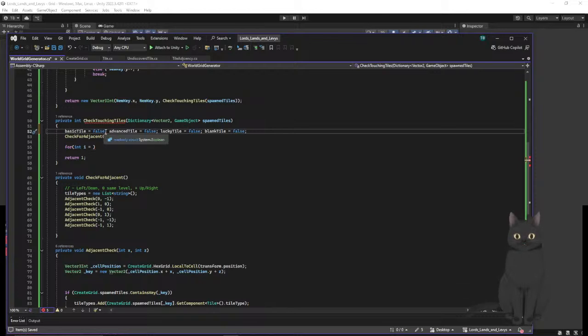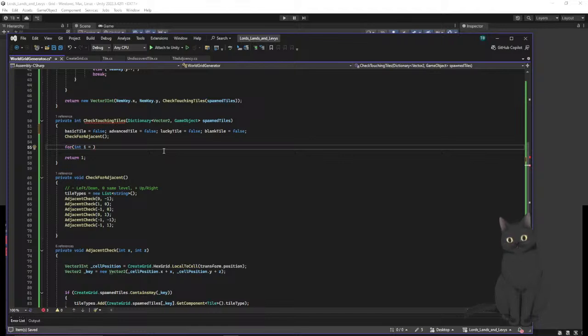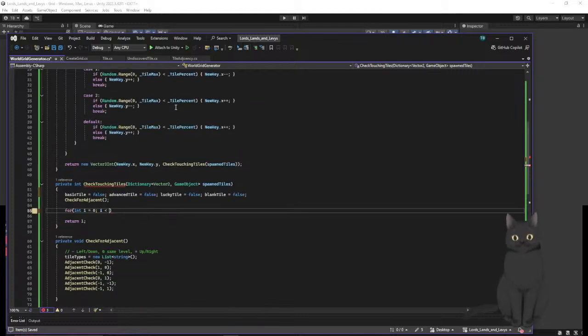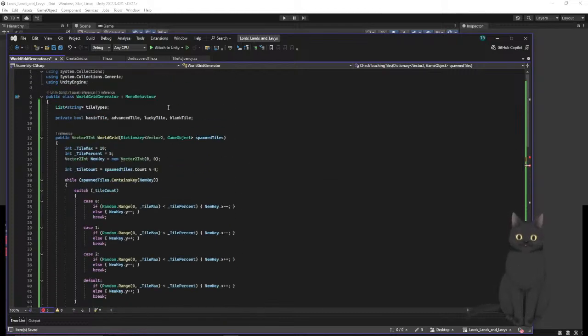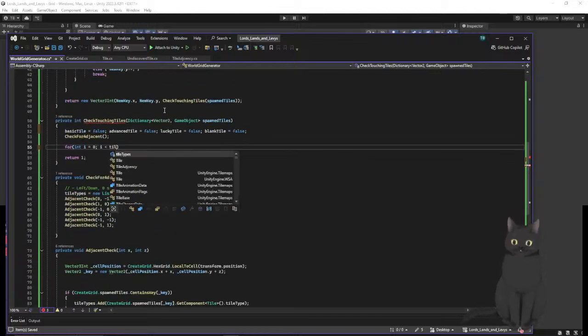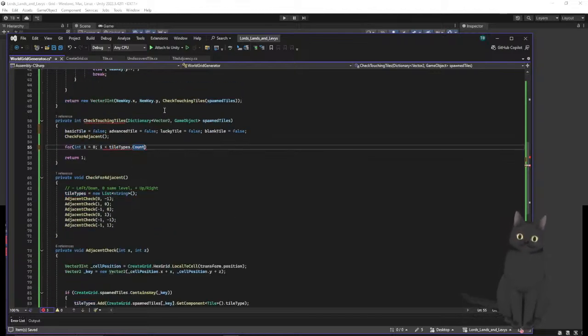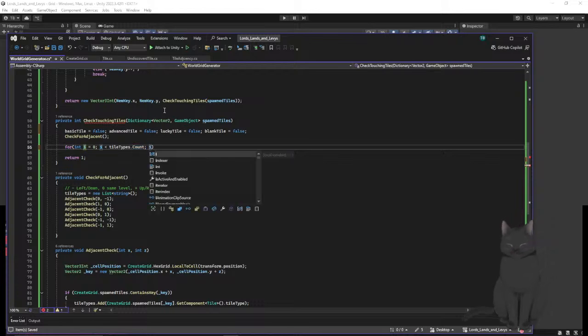Right, because it just needs to reset it each time. And then inside this for loop, we'll do for int i equals 0, and then i is less than the spawn tiles dot count. No, nope, completely wrong. We are doing tile types count, and then i plus plus, and then we are going to